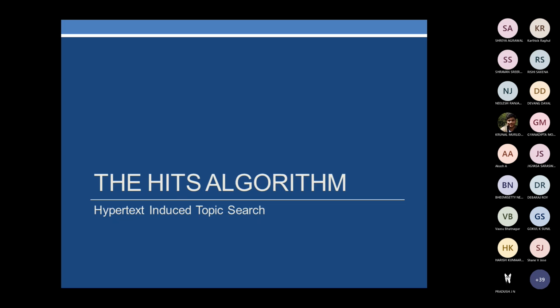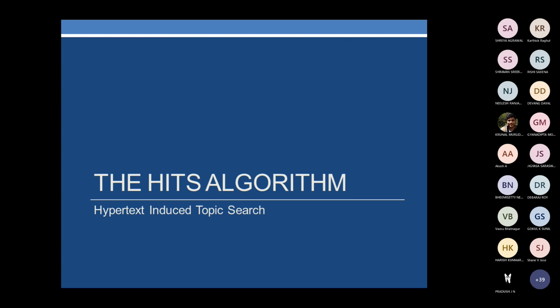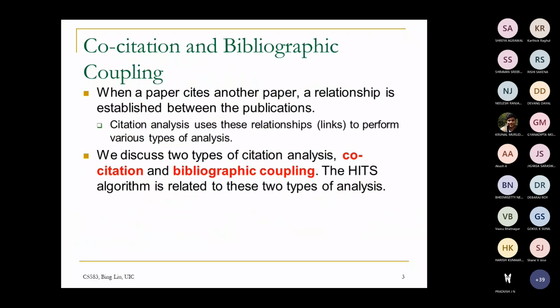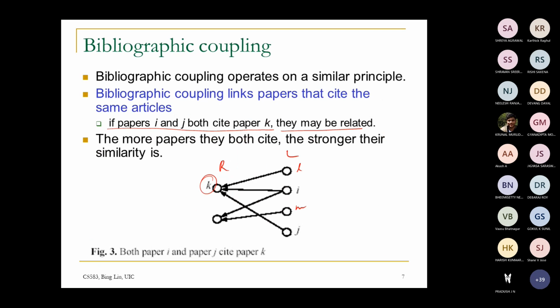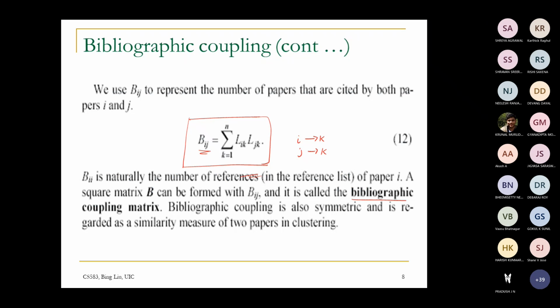Okay, we will go into another interesting topic called the HITS algorithm. The students who are attending lab class with me possibly might have already taken this class, HITS algorithm, which I have given there. HITS is hypertext induced topic search. Bibliographic coupling and co-citation are one of the applications of social network analysis, and the next topic is the HITS algorithm. The same HITS algorithm can be applied over bibliographic coupling also.